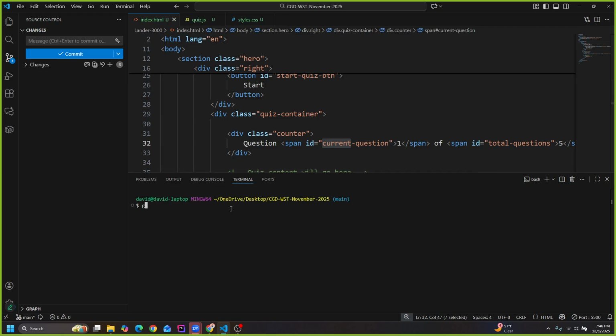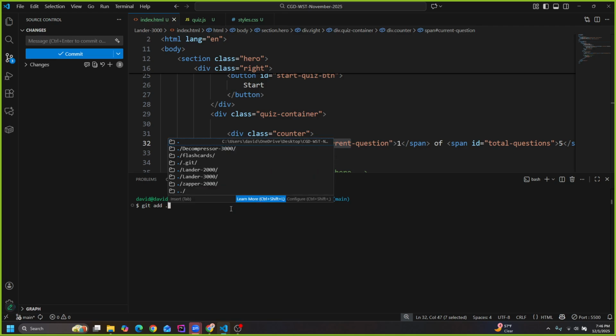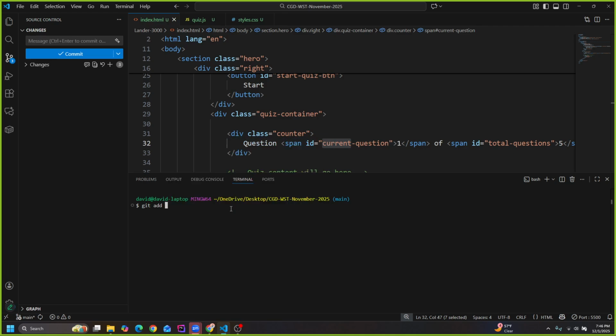git add star or dot for everything in the current directory, or star for just everything. git add all does the same as stage all changes. Okay. Next we do git commit -m, and then inside quotes we add a message like added